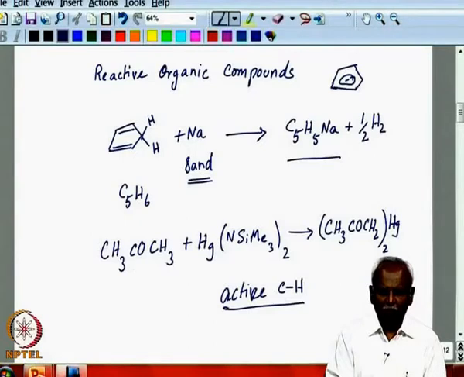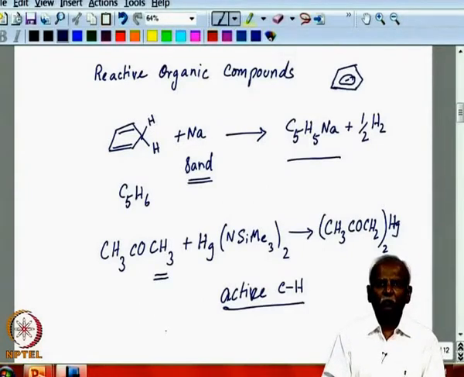Here we have a CH group next to a ketone, and that is enolizable. So, acetone has an active CH bond next to the CO group, and that is activated, and it can be converted into an organometallic compound where there is a C-Hg bond, and one needs to use this bis trimethylsilyl